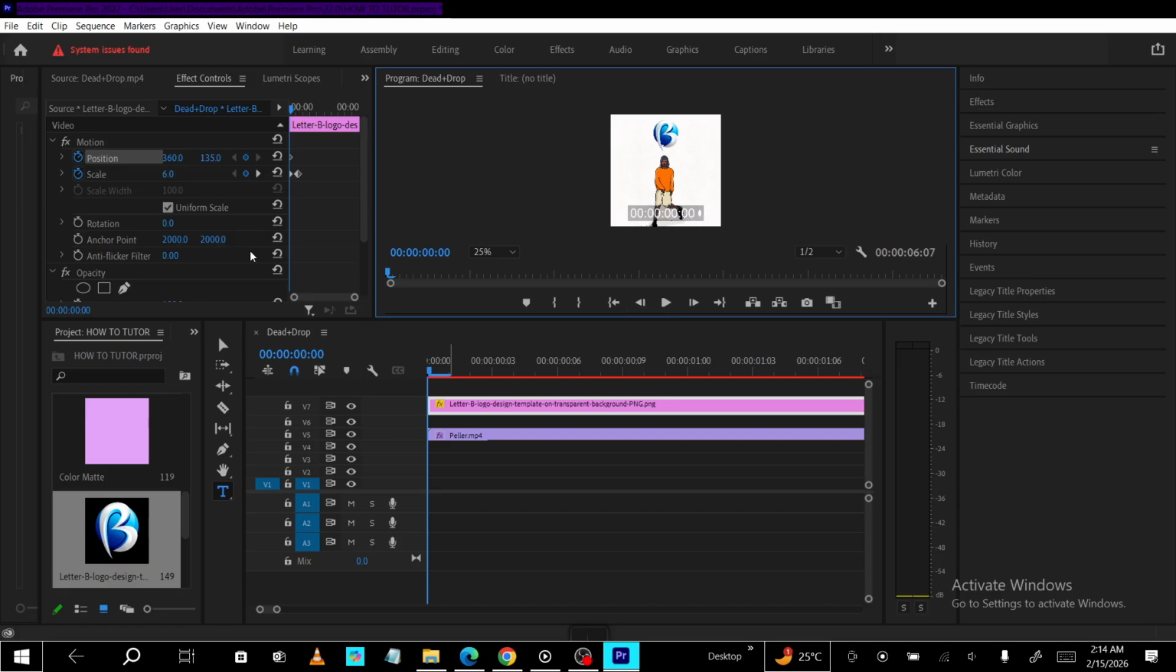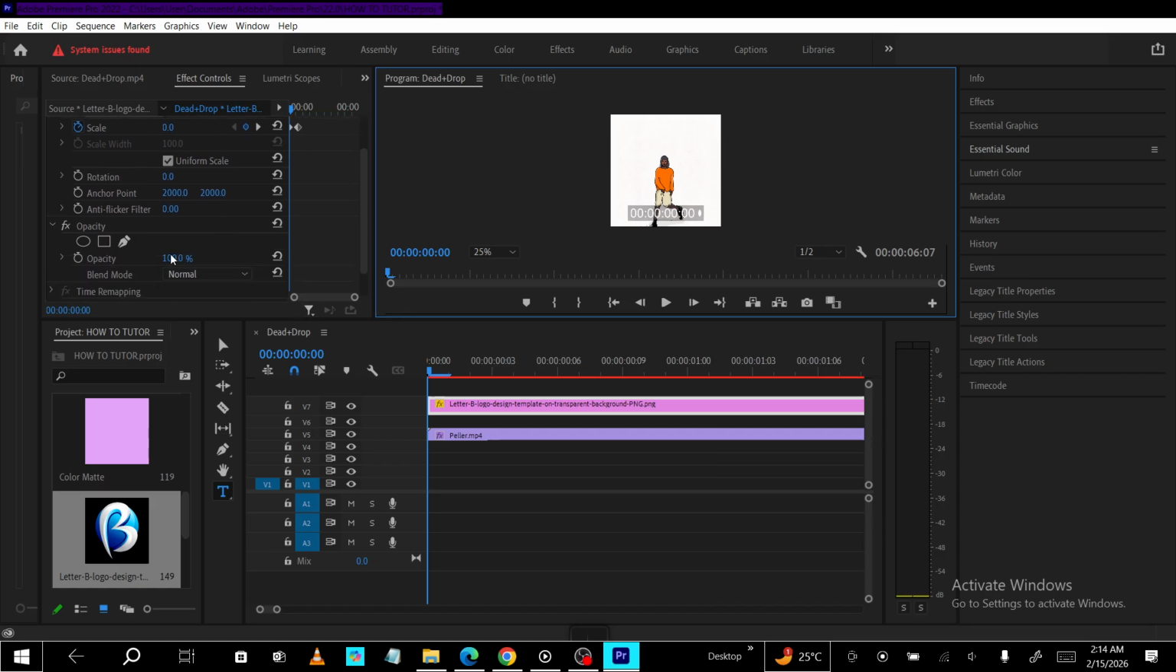If the move feels too fast, drag those second keyframes farther to the right to give it more time. If it's too slow, bring them closer. You can also fine-tune by nudging individual keyframes for position, scale, or opacity until the timing feels natural. To fade the logo out later, move the playhead near the end of the clip and lower opacity. To slide it away, adjust position off screen again. That's it. Your logo is imported,